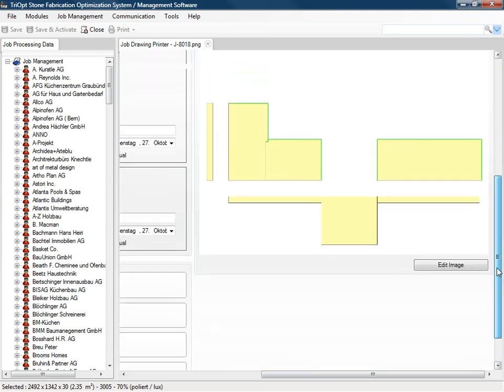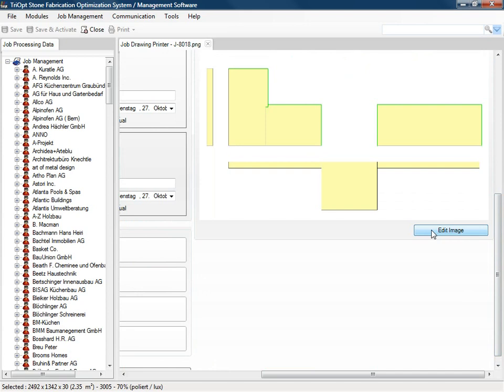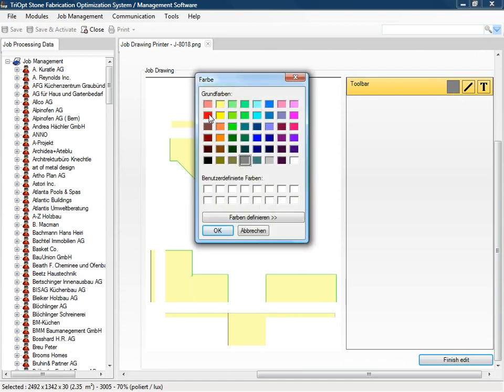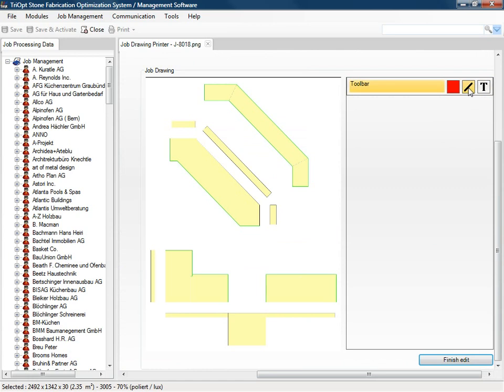So we're getting this picture in for this job, sent by someone else in the network to your computer. We are involved in all this job management and the production, so we know what this drawing is for. Maybe here we just want to add some lines to identify a double line, a red line, and also do something your CAD program is not capable of doing, like coloring something in red, adding some text information, like